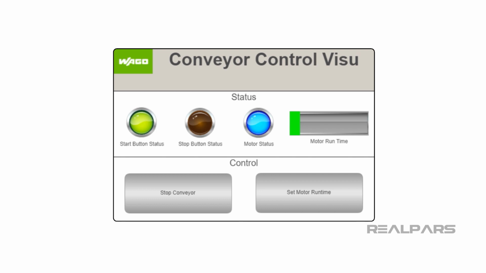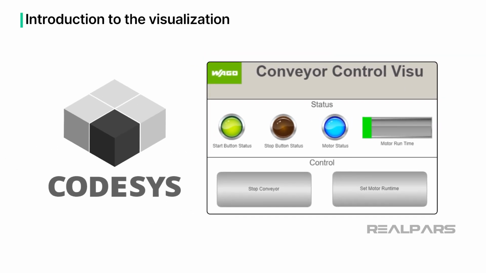By the end of the video, you will know what basic elements are available to build a visualization in CODESYS, and how those elements can be used to interact with the control application. Let's get started. To demonstrate how to use HMI interfaces with CODESYS, I have created a sample control application and